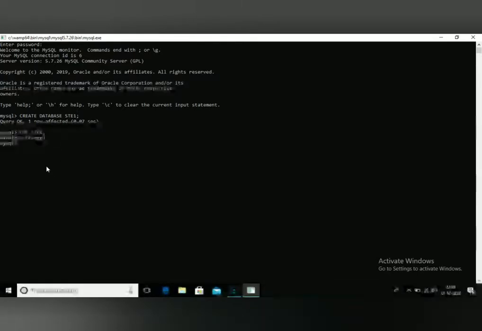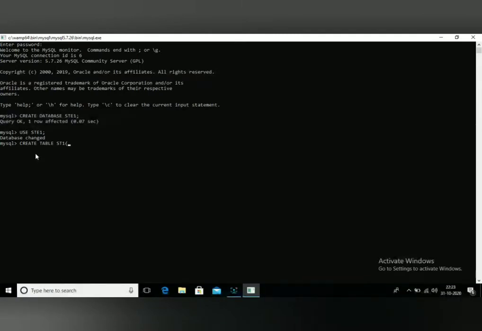Okay, now I want to create a table. First I created the database. Then I want to create a table, so I'll give the command, for example create. At the same time we can use the word table. Create table followed by the table name. So for the table you give any name. For example STE1, you can give the same name, that is okay. Otherwise we give a different name. For example, for a table I'll just give ST1. So ST1, then I'll start my opening parenthesis and enter the fields here.